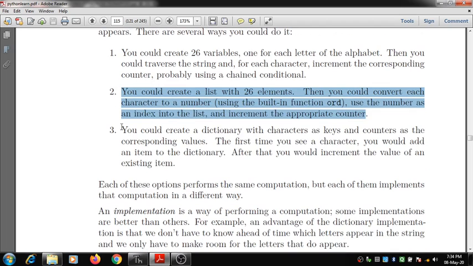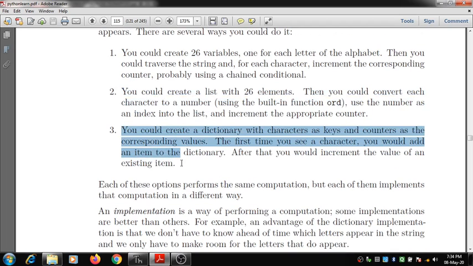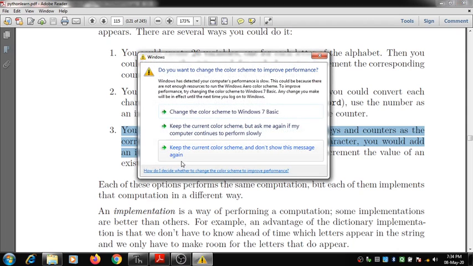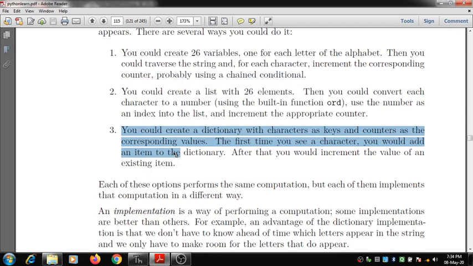And the third one is, you create a dictionary with characters as keys and counters as the corresponding values. The first time you see a character, you add an item to the dictionary. After that, you increment the value of an existing item. This is another method.